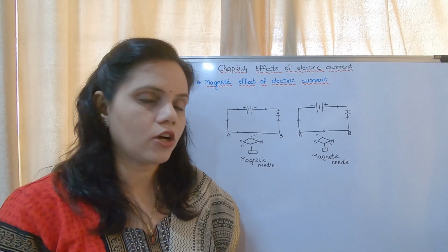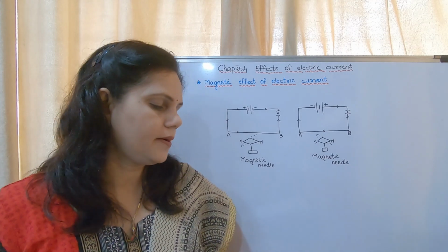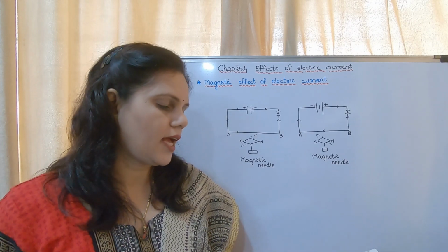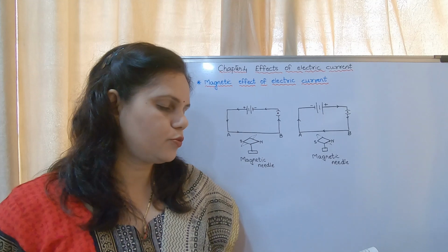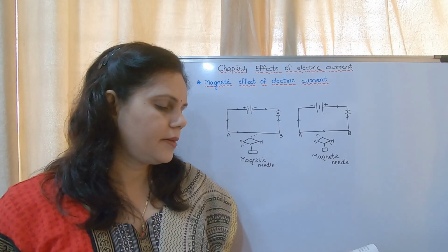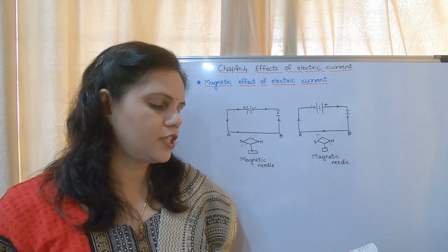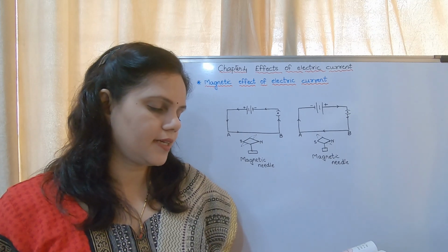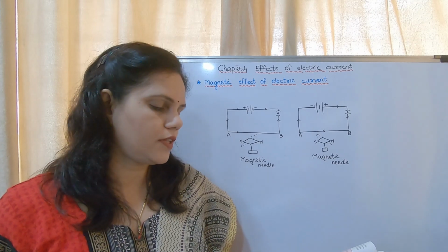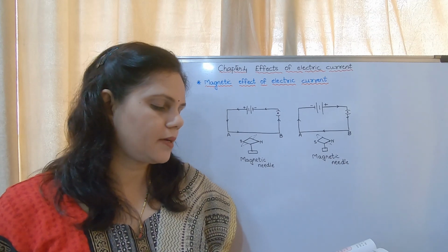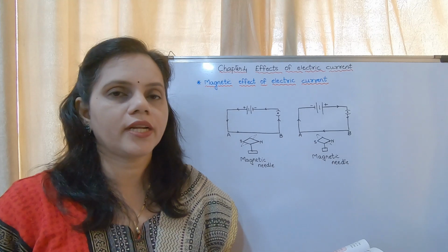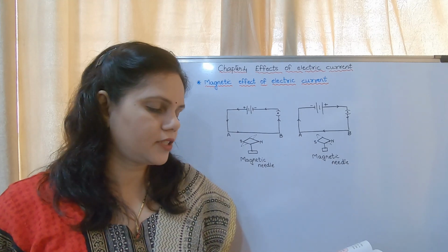Okay, so we will see on page number 51. Connect a copper wire, thicker and straight as compared to the connecting wires, between A and B. Keep a magnetic needle adjacent to the wire. Keep the plug key open in the circuit and observe the direction of the needle. When it is at rest, it will come to rest in a north-south direction.